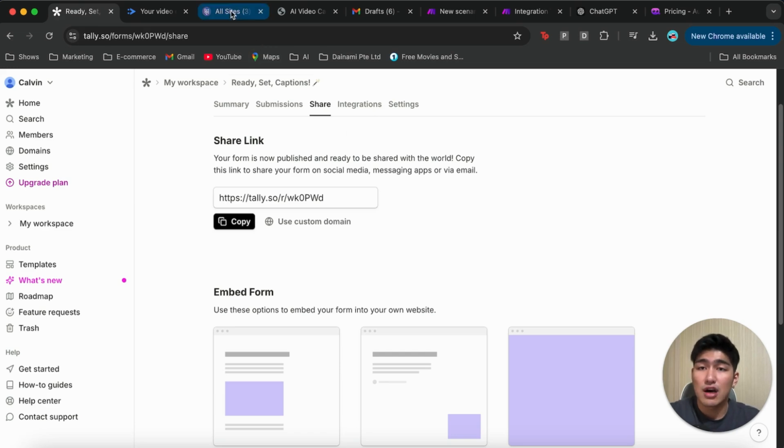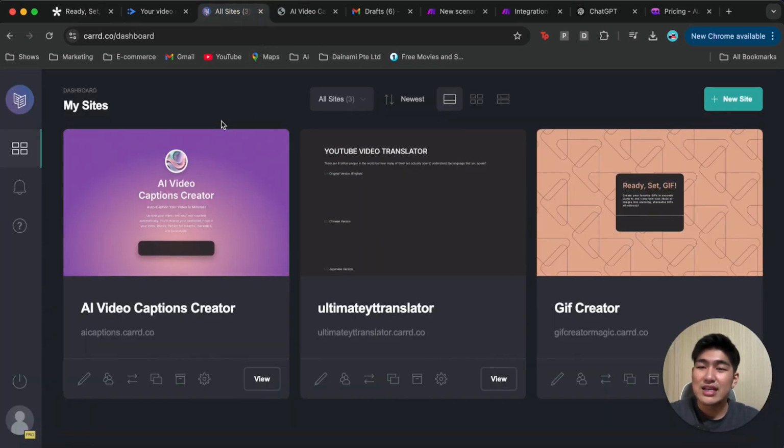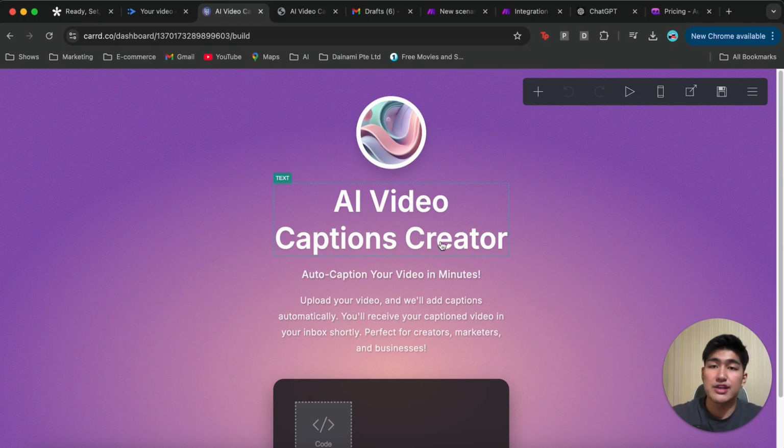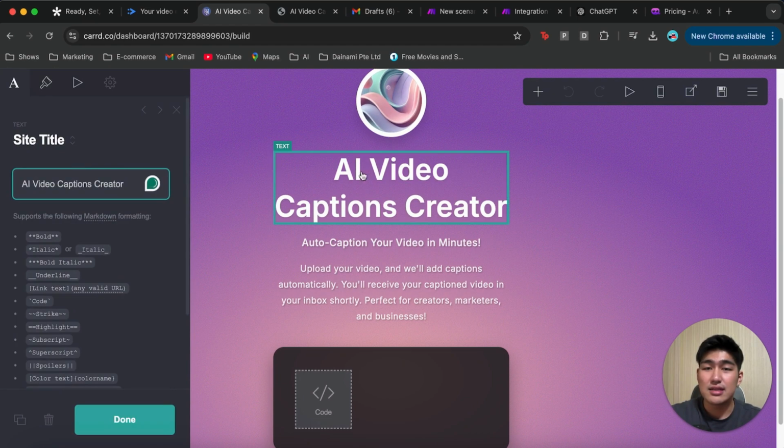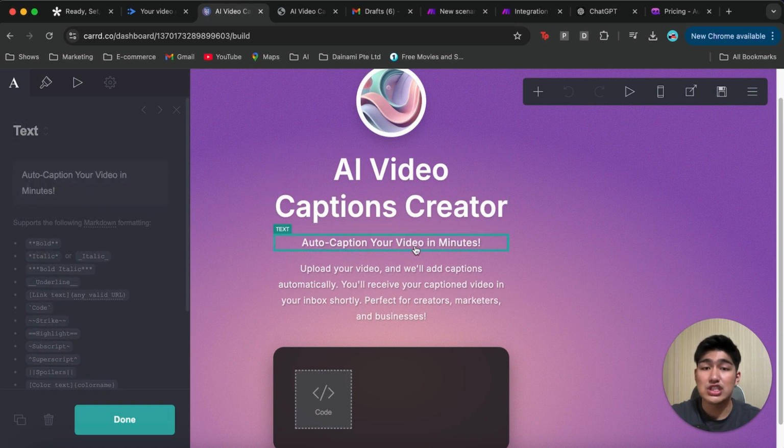So we're going to use Card for this. Card is a very intuitive and exciting site builder that has many different templates that allow us to build and launch sites very quickly. And so I've created a simple example over here, but you can definitely check out all the different templates to design your own version. Okay, and so over here you can see I've created a very clean and sleek interface. I've added in a title, AI videos caption creator. I've added in some information,